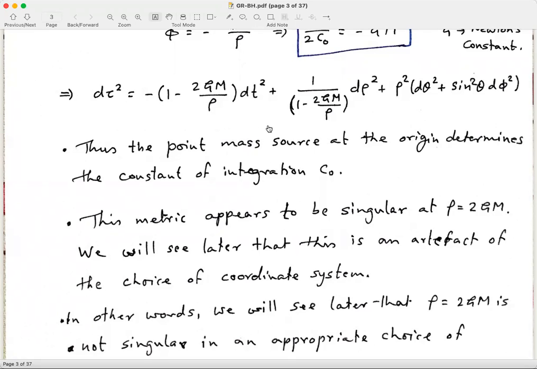But we just said that this is a coordinate artifact. We can choose the right kind of coordinates in which nothing great happens at rho equals 2GM. The other thing that we noticed was that if rho is less than 2GM, then the d rho squared part would have a negative sign and the dt squared part would have a positive sign. So the time-like coordinate for rho less than 2GM is different from the time-like coordinate for rho greater than 2GM. Okay,